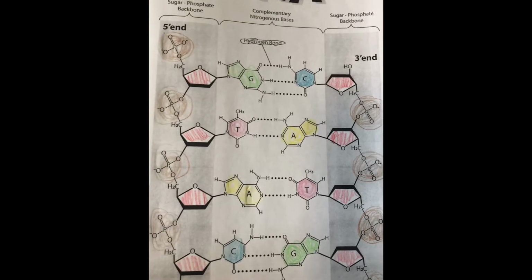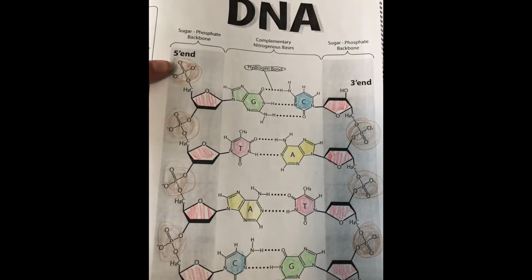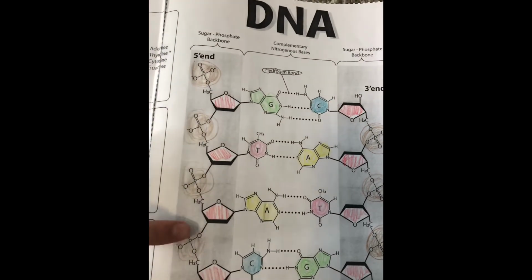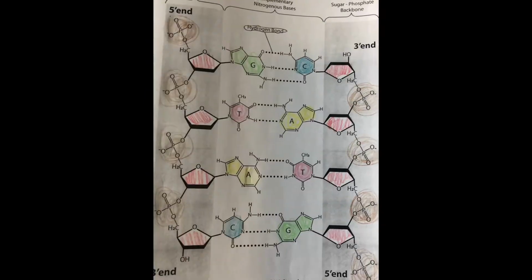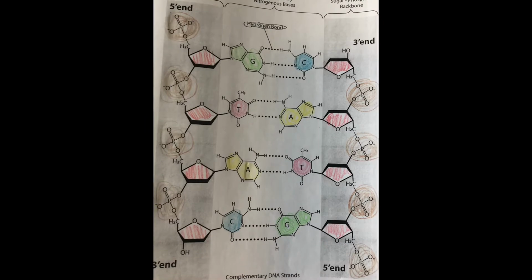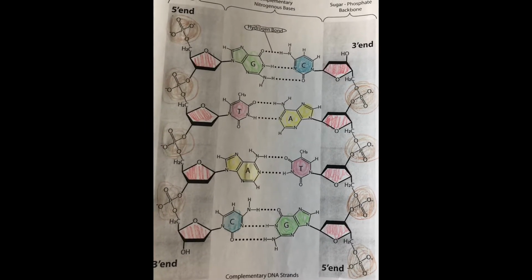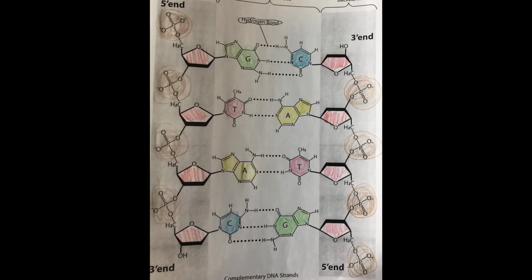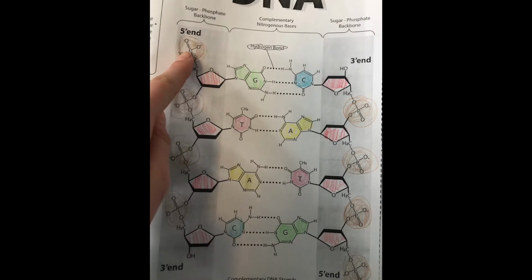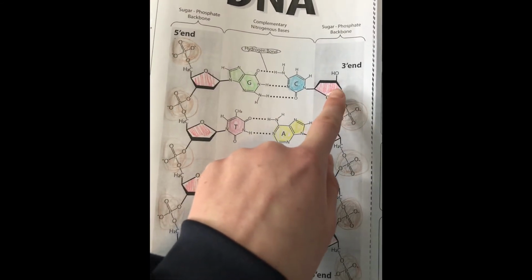This is an unwound piece of DNA. The backbone composes of a phosphate, sugar, phosphate, sugar, phosphate, sugar, phosphate, sugar. The 2 backbones are parallel, but oriented in opposite directions. This is called antiparallel. The phosphate at the 5' position of one nucleotide attaches to the 3' position of the